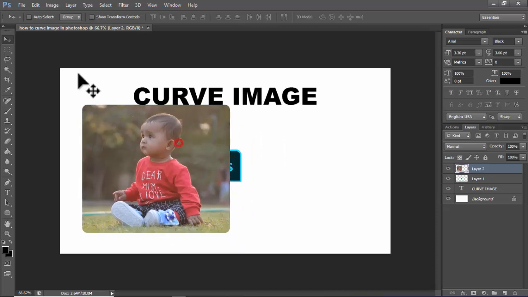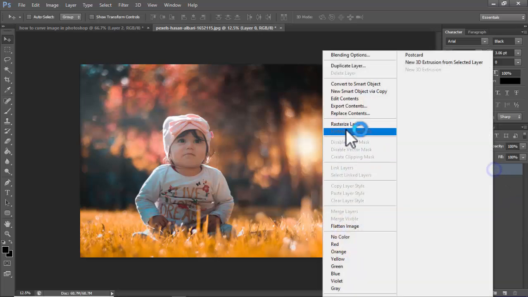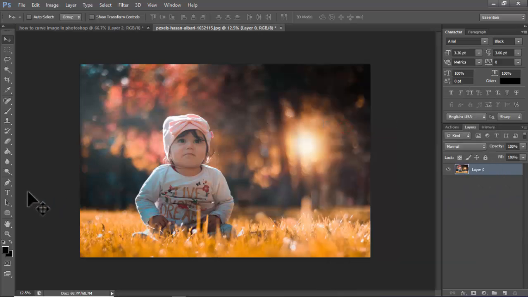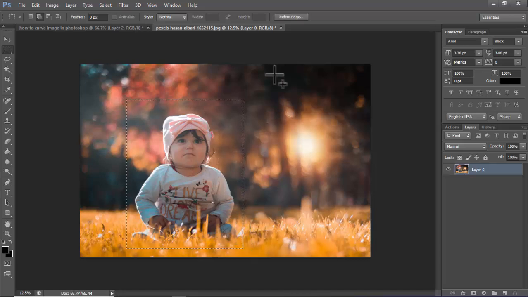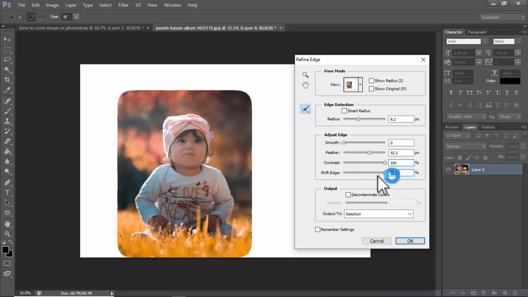And again step 2, right click, convert to smart object. Click and select image, refine its radius, feather, contrast 100% and shift its